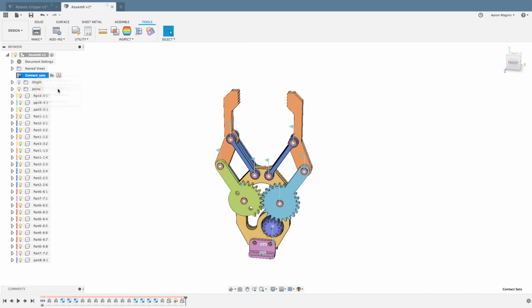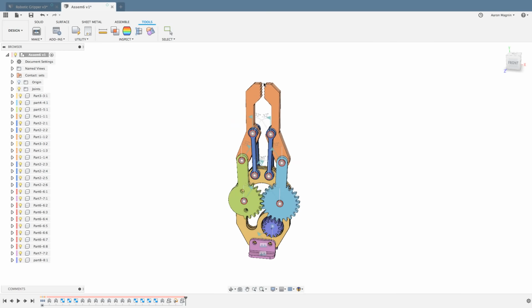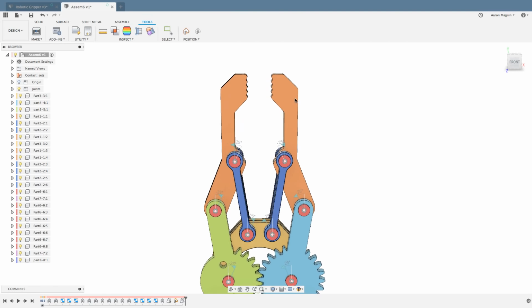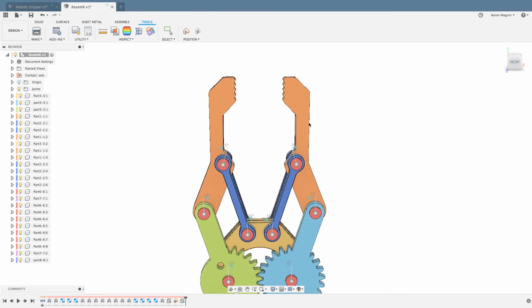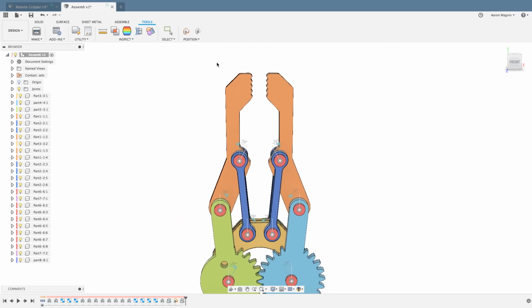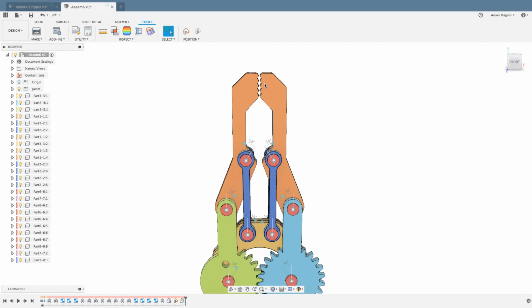In this case, let's just do a new contact set, and we'll just select these two pieces here, and that'll enable me to help you see that with that on, it'll actually enable me to clinch those together until they are touching. It does slow down there at the end. The first couple times I tried to drag it, it didn't really enable me to do the full range of motion, and that's something that you can